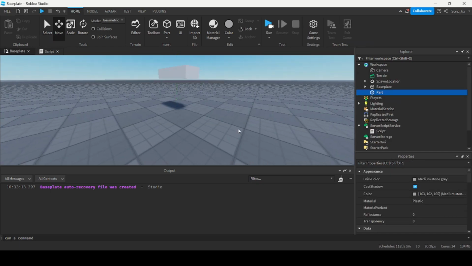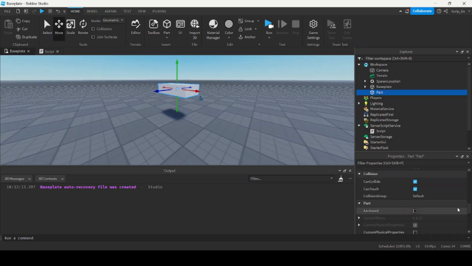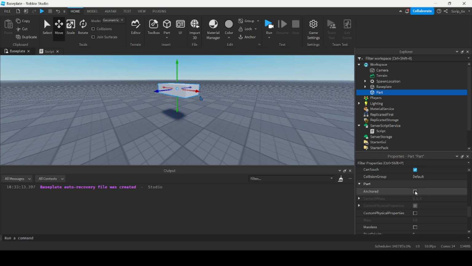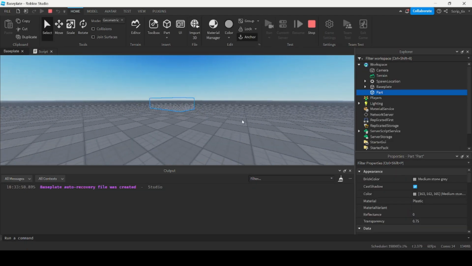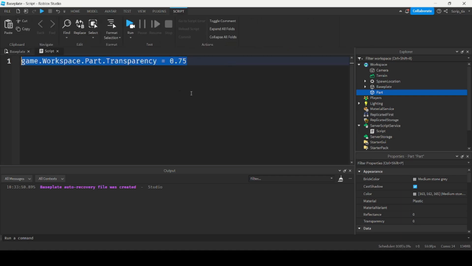Another example I'll show you is the anchored property. Anchoring a part basically keeps it in its place. So if you had anchored, it will stay in the air without falling. But if it's not anchored, it will just fall out of the sky. So I'm just going to run it now with it being anchored, and you'll see that it still floats in the sky. Anchored takes a Boolean value, so in order to change it, you do